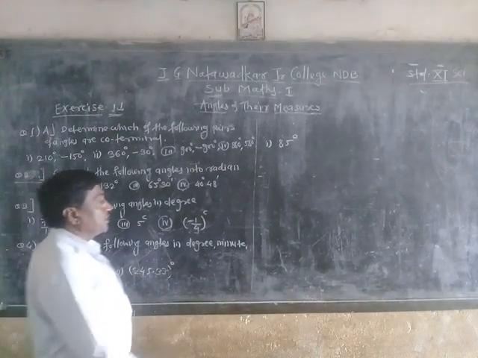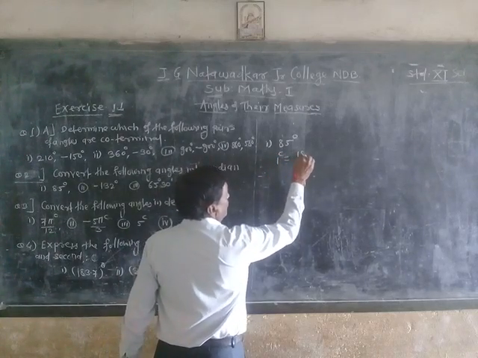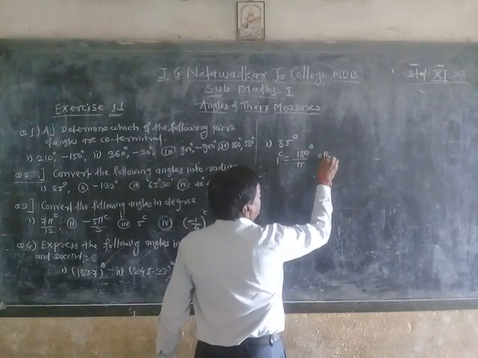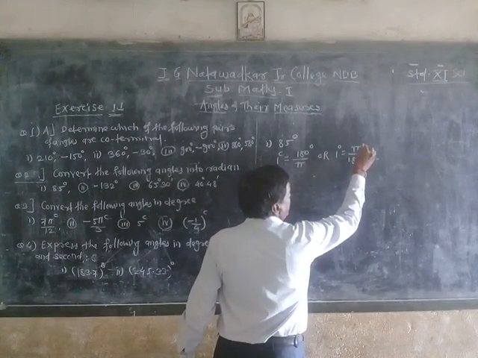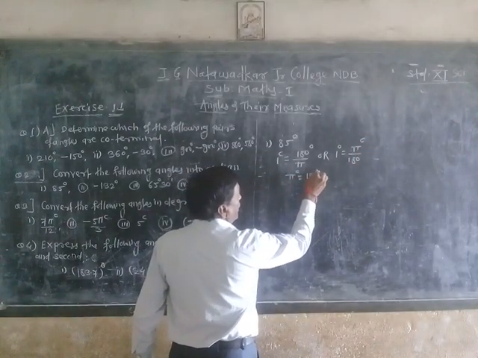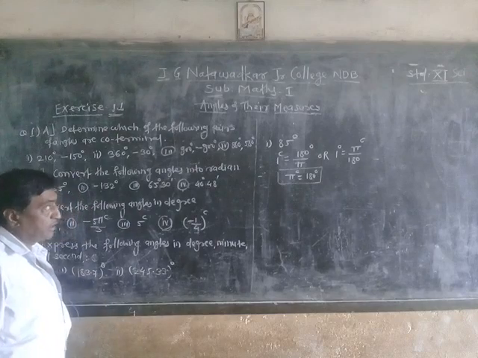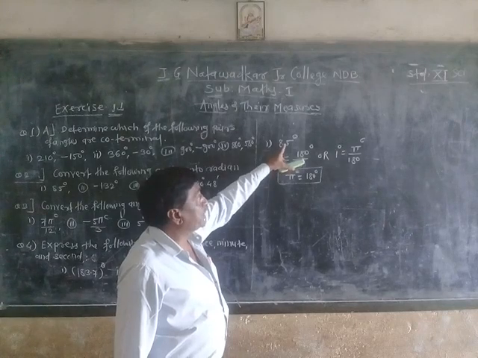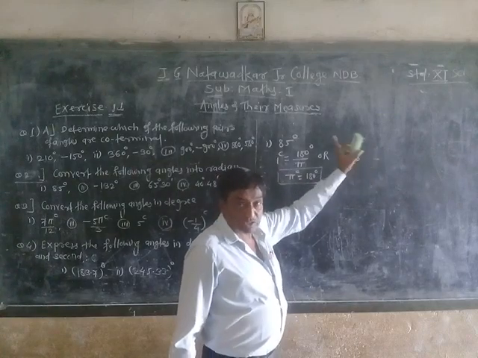Before this, you know, students, the relation that 1 radian is equal to 180 upon pi degree. Or another relation is that 1 degree is equal to pi upon 180 radians. Otherwise, pi radians is equal to 180 degree. You know all these three types of relation. So always keep in mind, if you want to convert into radians, you multiply the number, that is 85, by pi upon 180 radians.